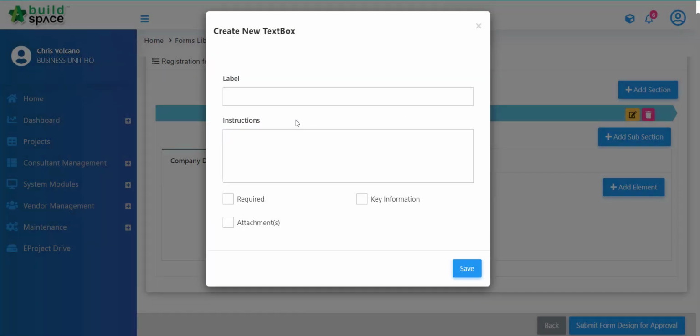We have a text box. Let's just say I request for company name. So I can put in instructions over here. So let's say I inform them state the full company name, and then I can select whether it's required for the user to fill out the information, attachments to allow a section for them to attach, and then whether it's a key information or not. You can also select this one, right? Then we click save,